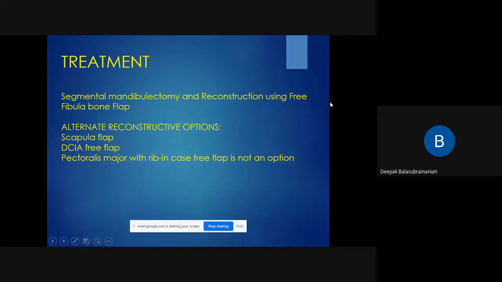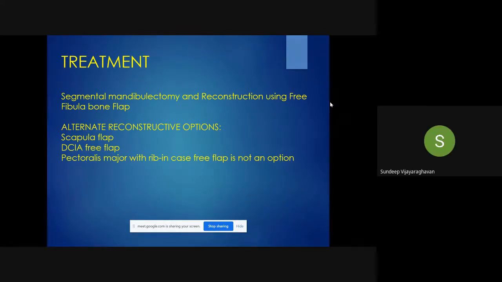Ma'am, can you say that again? Size. Ma'am, the size of the lesion, I'm guessing, would be approximately 5 to 6 centimeters. And for 5 to 6 centimeters you will have to take a 1.5 centimeters margin beyond, distally and proximally. So it'll be 1.5 and 3 centimeters more than the actual size of the lesion. If DCIA can give you 8 centimeters, we take from ASIS to PSIS.